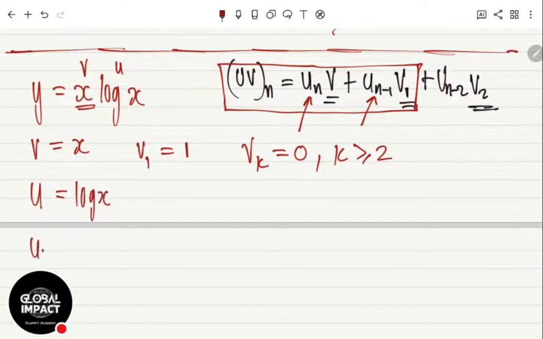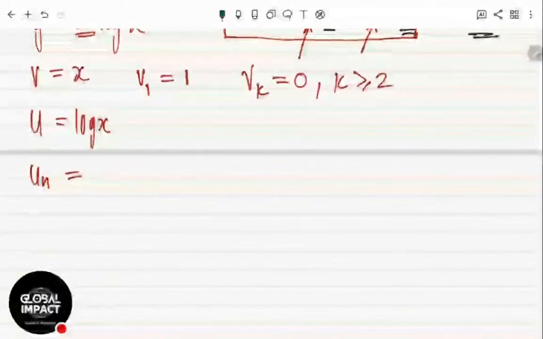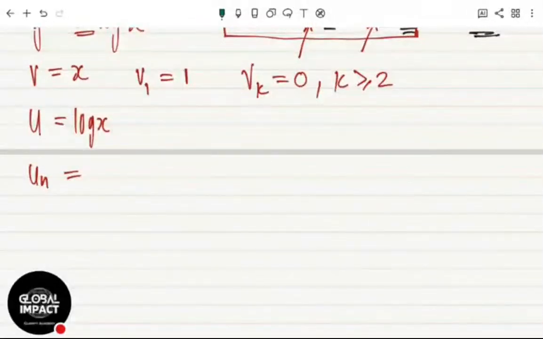What is the nth derivative of this? What is the nth derivative of log x? You go back to the cases, we did them. The nth derivative of log x, you've got to remember them. So maybe we should just practice the table, because when you are in situations like this, you don't even have to work it out. You need to just use the table.